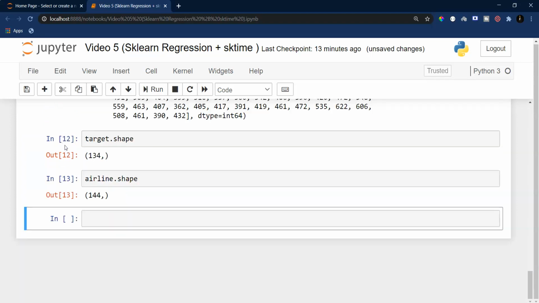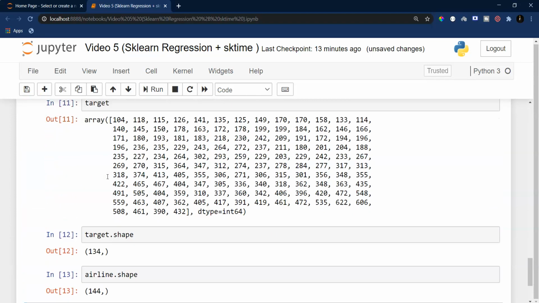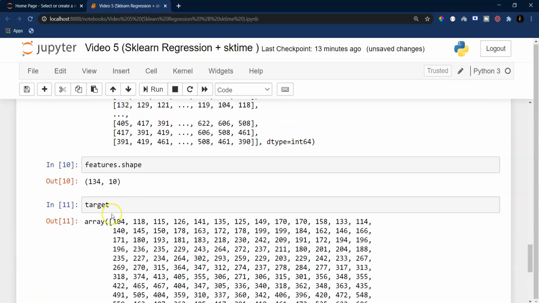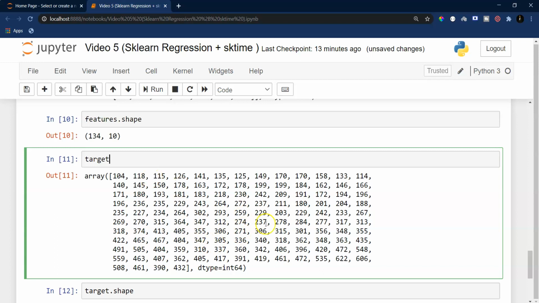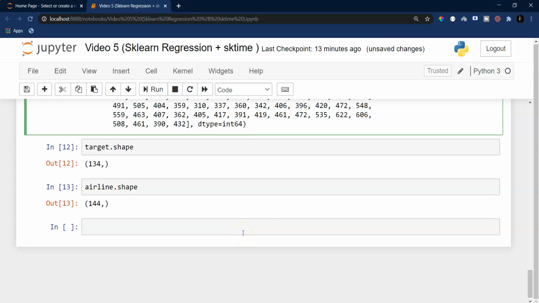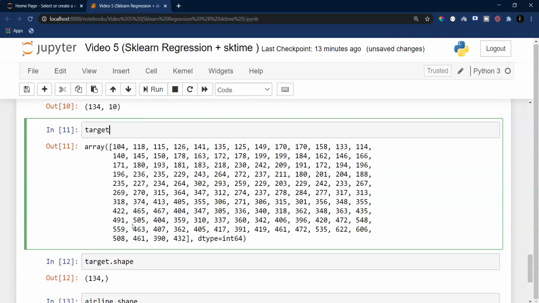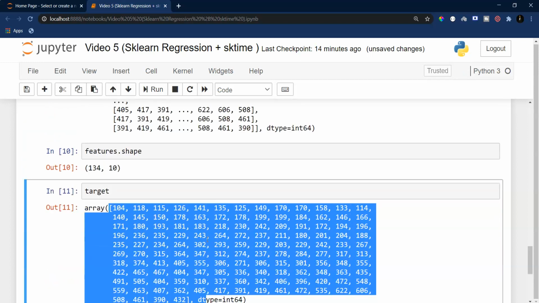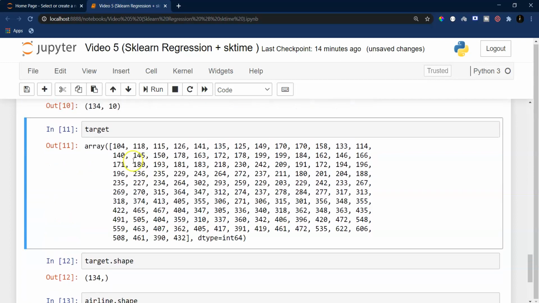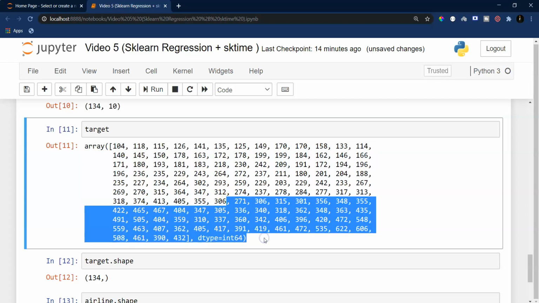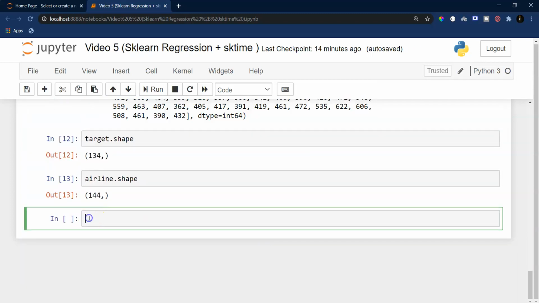Okay, so now that we have this target and features, what I can do is split this target and feature. But here I cannot just do a random split because this target is inherently having some sequence associated with it. So I cannot use a normal train test split. I need to keep in mind that this particular target is sequence data, hence I need to split it. First few values I need to split as training values, and last few values as testing values. So what I can do is define some length.